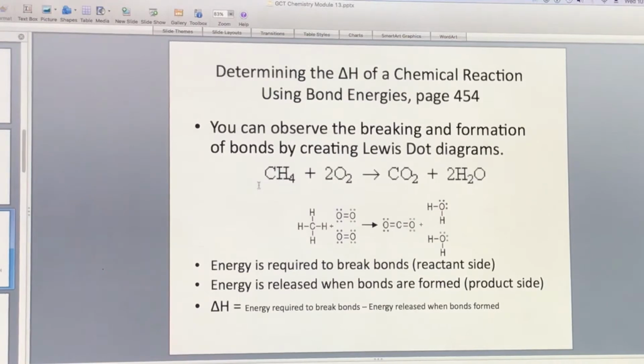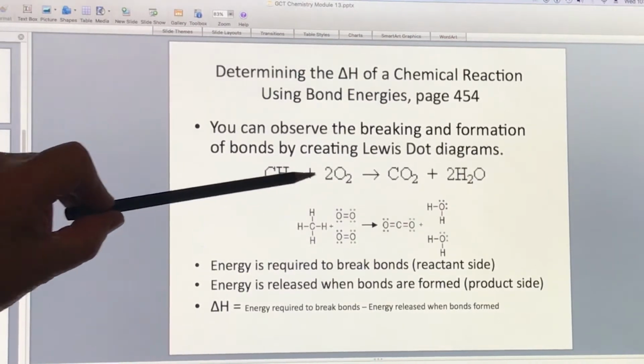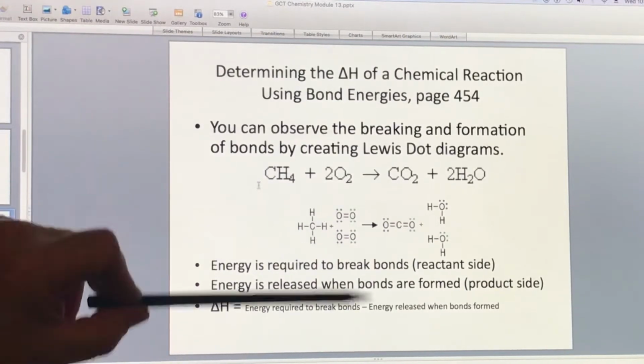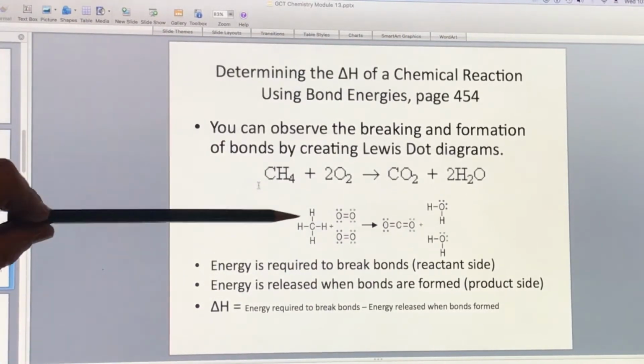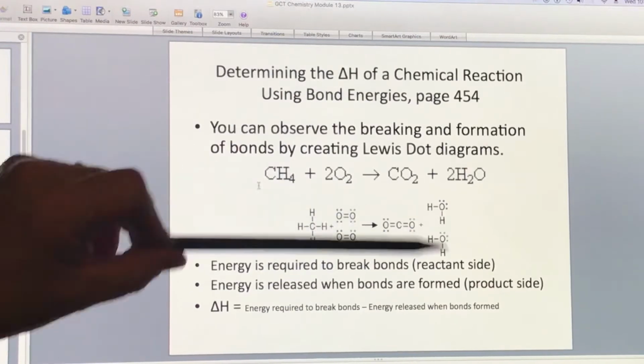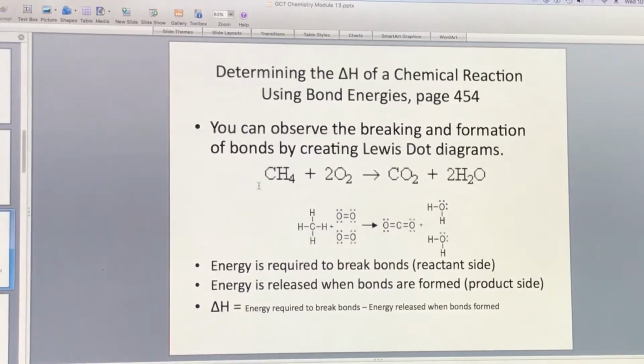And we know that energy is required to break the bonds. That's on this reactant side. We have to break all these bonds. And energy is released when the bonds are formed on the product side. It's all summarized in this equation for determining the delta H: the energy required to break the bonds, subtracted by the energy released when the bonds are formed,